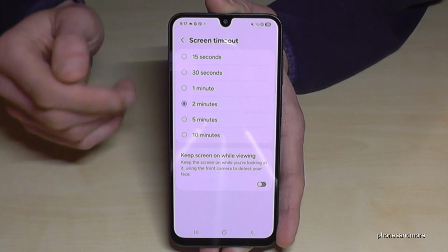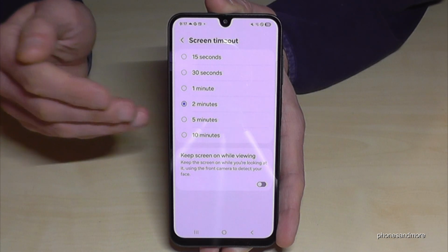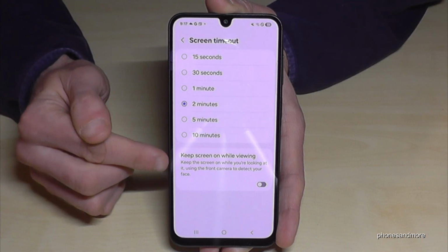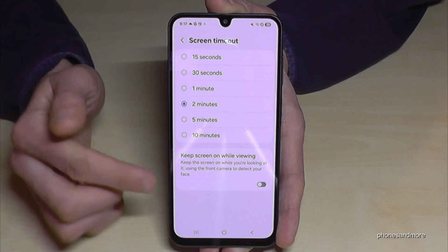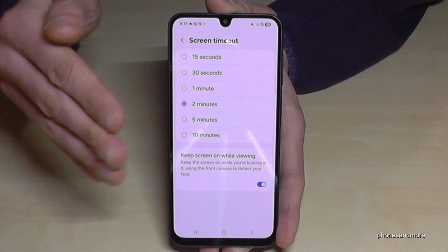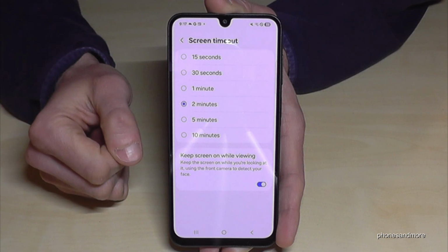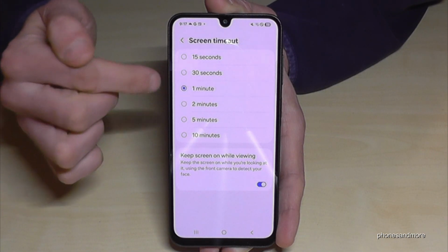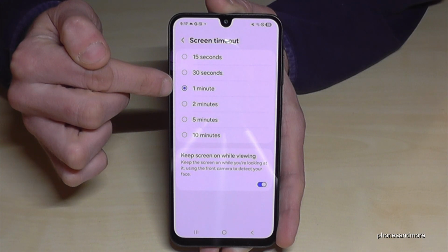What I recommend to you, so that the screen timeout doesn't always come if you read something, take this point here: Keep screen on while viewing. So the camera is detecting your face and knows then when you are looking at the screen and when not. Okay, so this is the best setting then, and at maximum I recommend to you to save energy, take 1